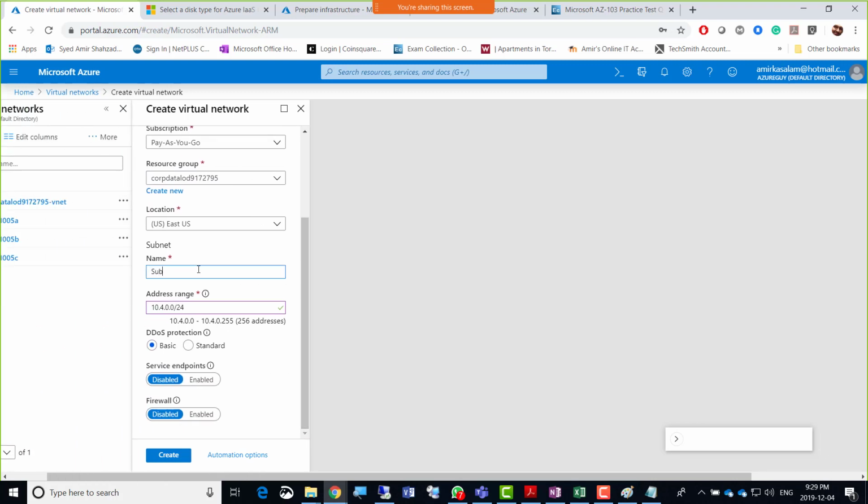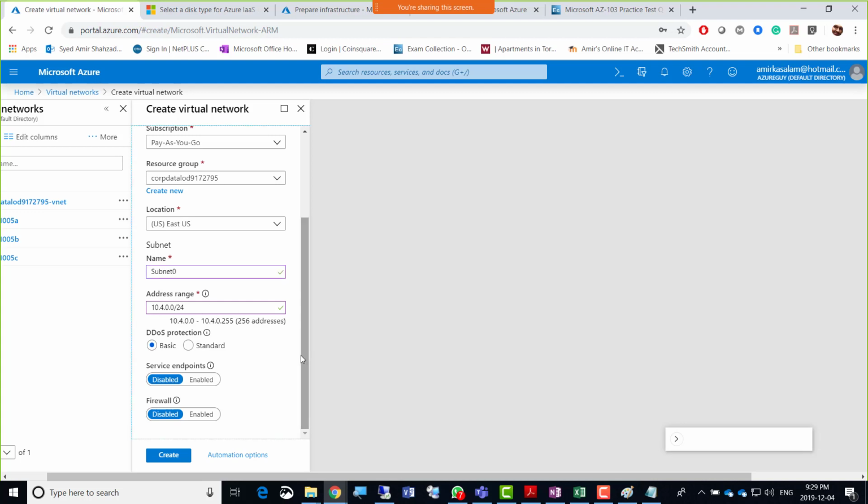So I'll just name it subnet 0. In my case, it is within the 10.4 range. So 10.4.0.0 is the first subnet, then the second subnet in my case would be 10.4.1.0/24, then the third subnet would be 10.4.2.0/24. That's how we can have three subnets there.